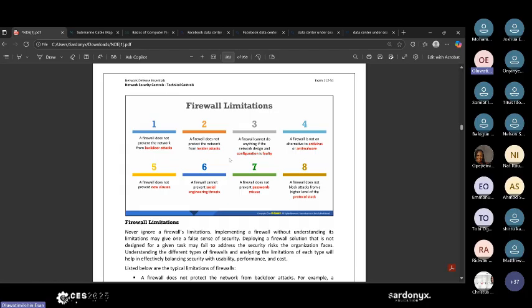A firewall does not protect the network from inside attacks, and that can be the worst thing that can happen to any company. Now, imagine that the insider attacker is the admin, or a network admin, or a cybersecurity professional. That is now your insider attack. That's the end. Also, a firewall cannot do anything if the network design and configuration is faulty.